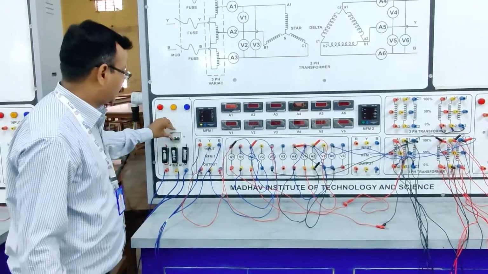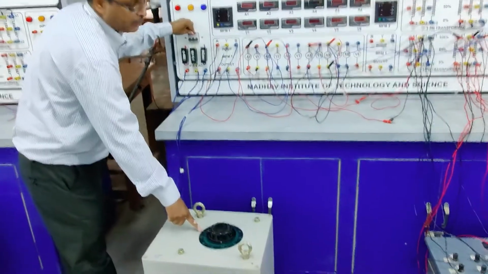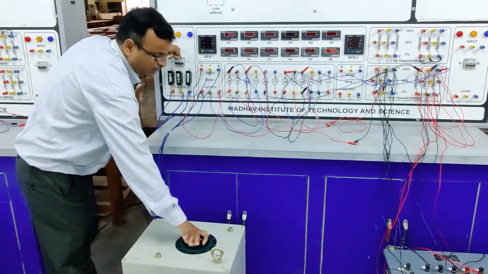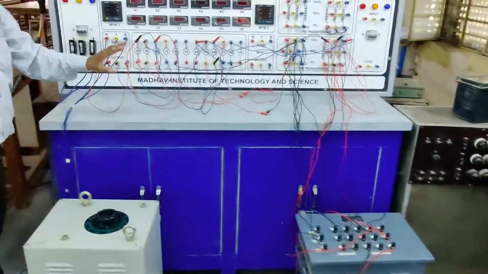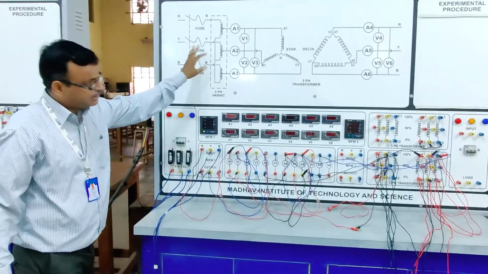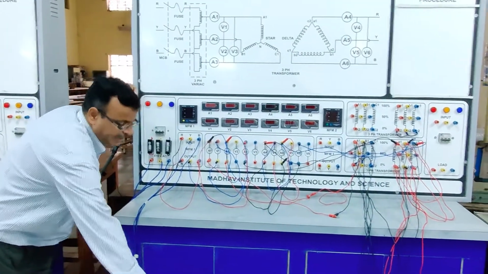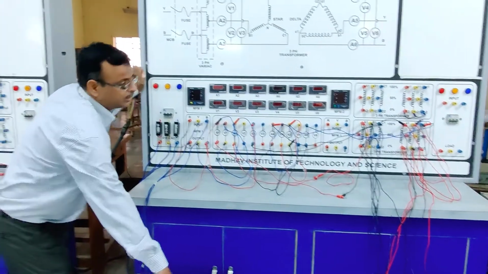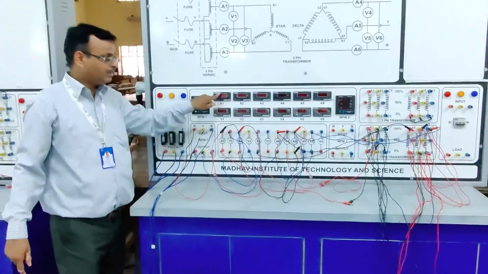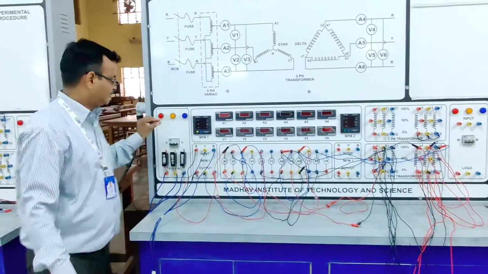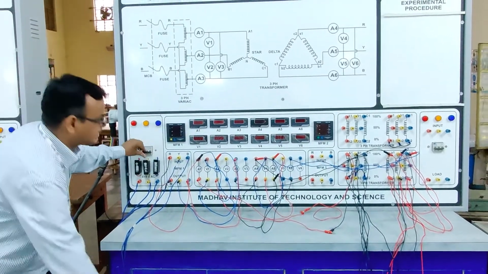So we start the switch with the auto transformer at the 0 position. Otherwise, if it is set at, suppose, 20, a higher current will flow in the transformer and it may be damaged. So it's a main condition when you perform this short circuit test: keep the auto transformer at the 0 position and gradually increase the voltage until this ammeter shows the rated value, 6 ampere. So we switch on again and take the observations of all the readings.